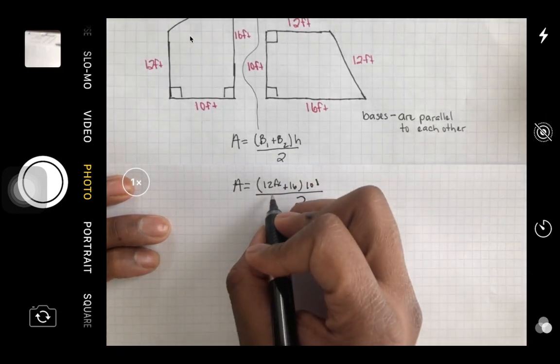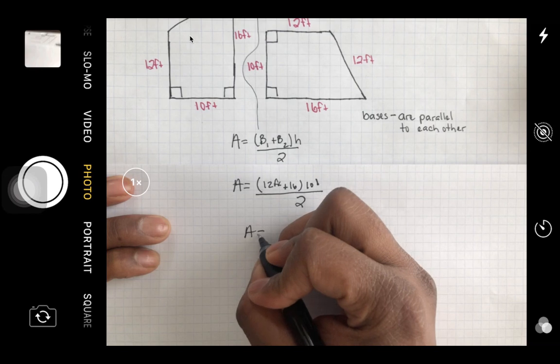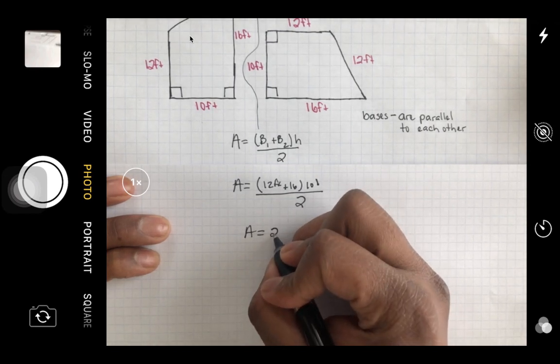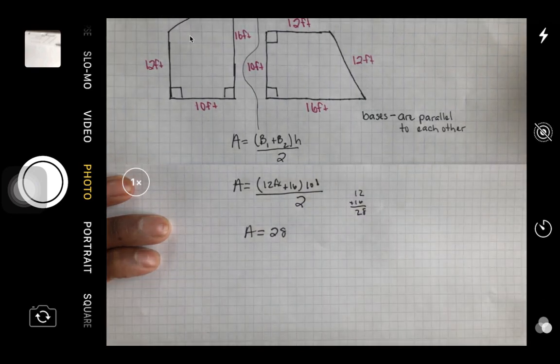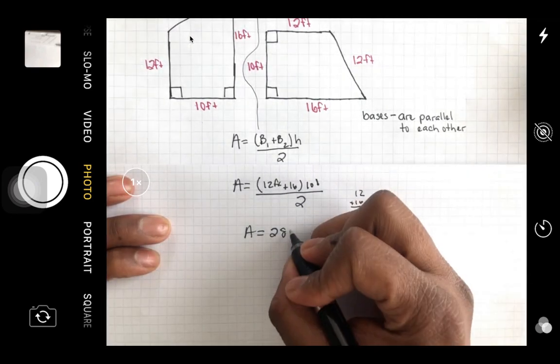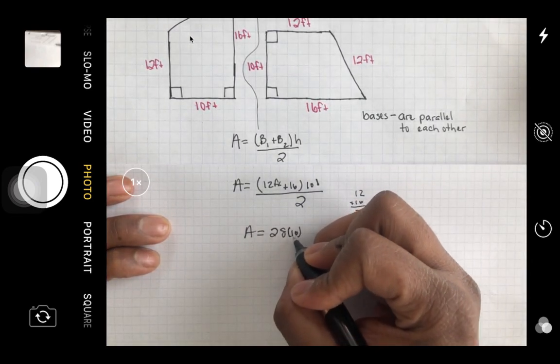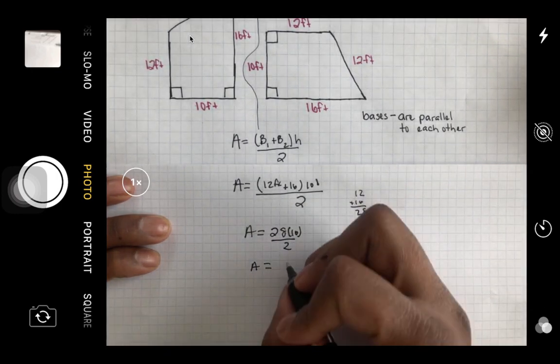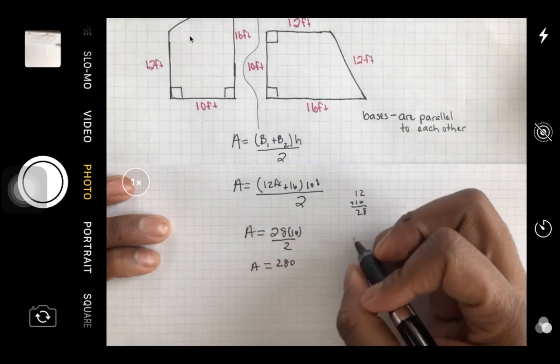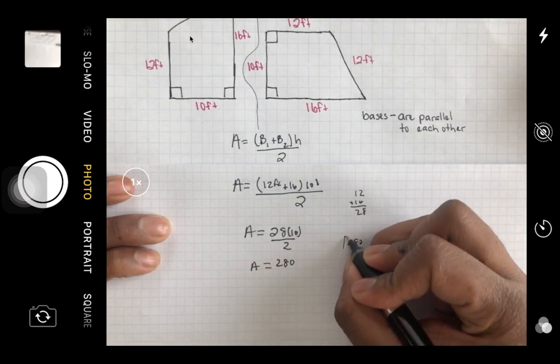Now I can do my math. 12 plus 16 is going to be 28. If you don't know why, I'm going to do it right here. There's 28. I'm going to multiply that times 10 and then divide it by 2. 28 times 10 is 280. If I divide that by 2,